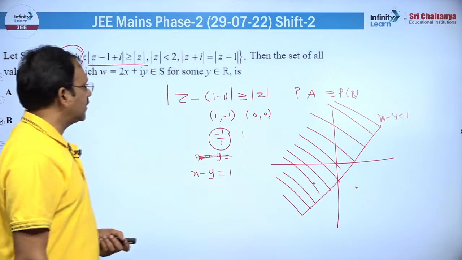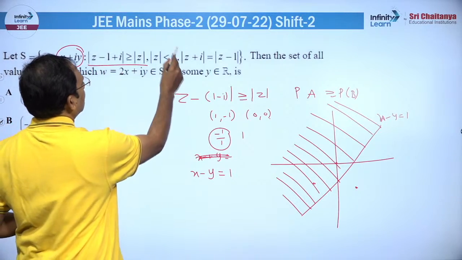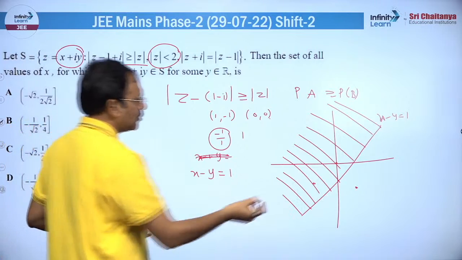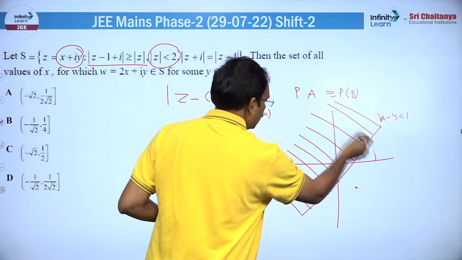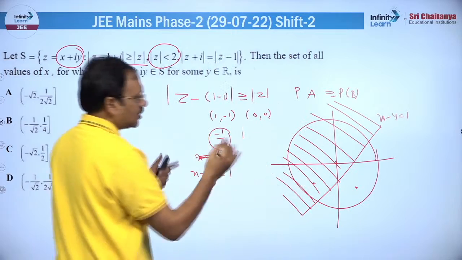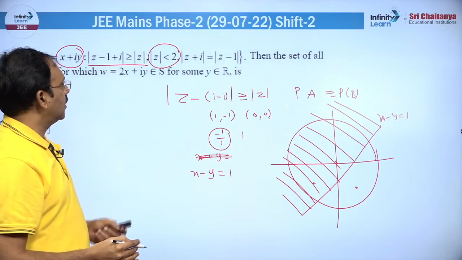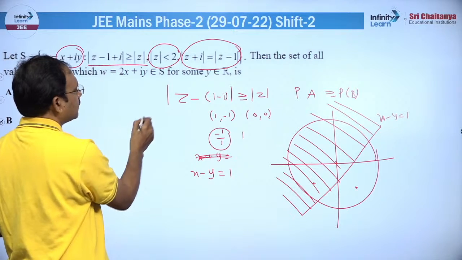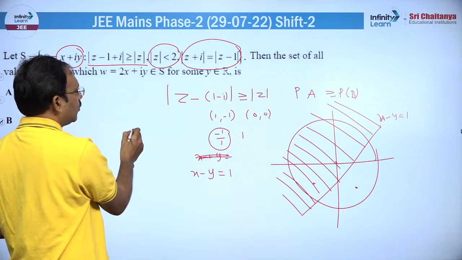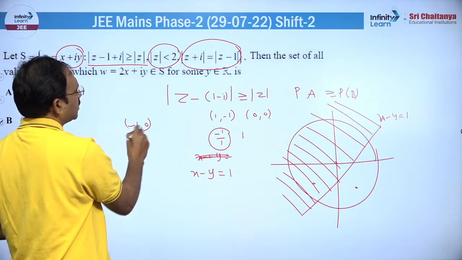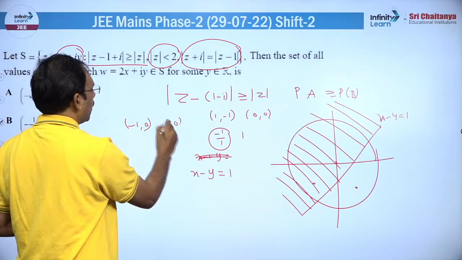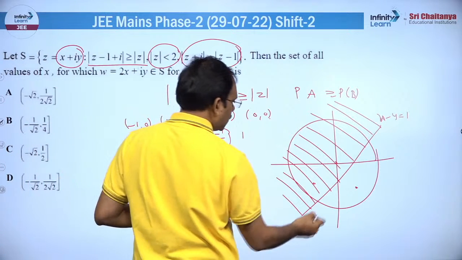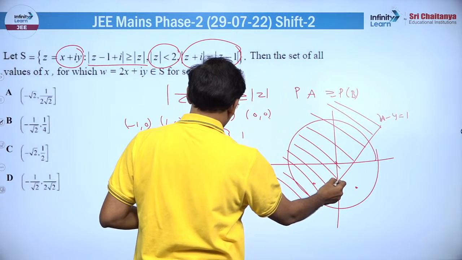Whereas, my dear friends, another one is mod z less than 2, you know it is a standard one, it is a circle with center 0 0 radius 2. So, you can take this as a circle, set of all points interior to this. Now, this is a line, my dear friends, it is like PA is equal to PB, like A is minus 1 comma 0, B is 1 comma 0, perpendicular bisector of this. Minus 1 comma 0 will be here, my dear friends,